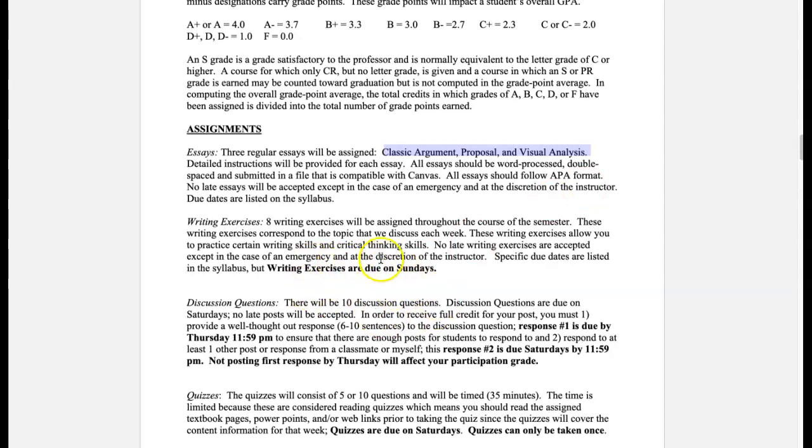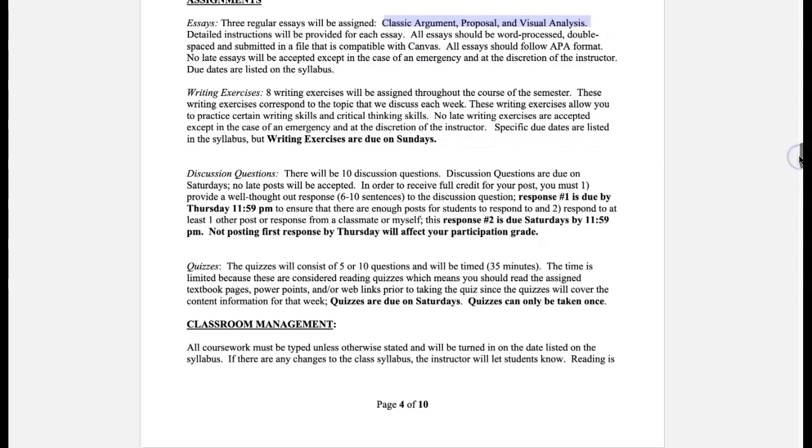I also talk a little bit about the writing exercises. The writing exercises are typically about a page, and they are due on Sundays. We're also going to have 10 discussion questions, and for the discussion questions, in order to get full points, you